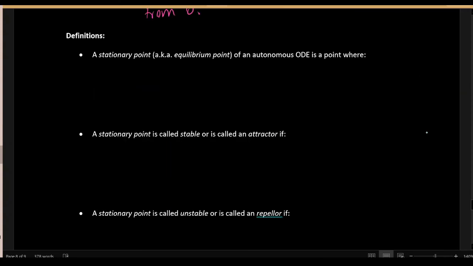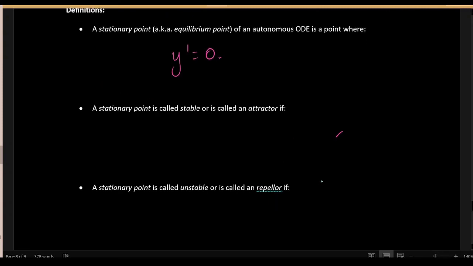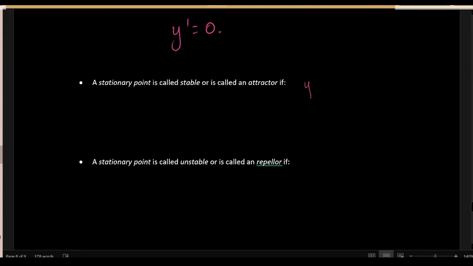So we have some terminology. We have stationary points, which are locations where y prime is equal to 0. And stationary points come in two special subvarieties. A stationary point is called stable, or it is called an attractor, if y values